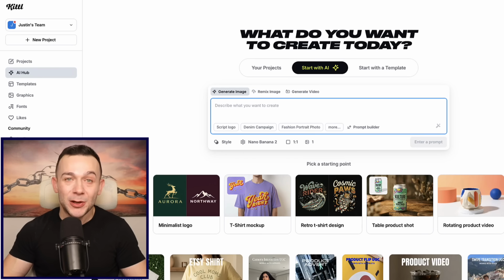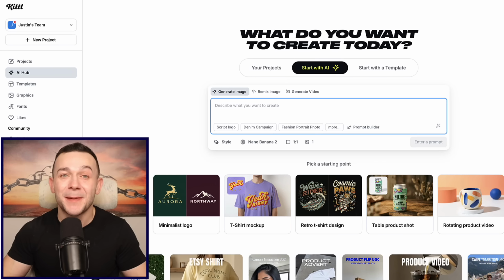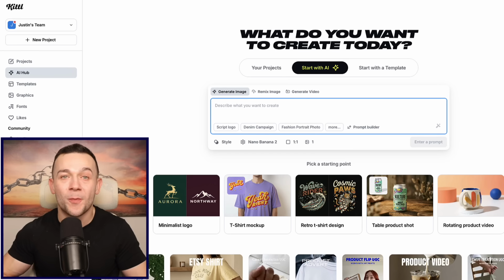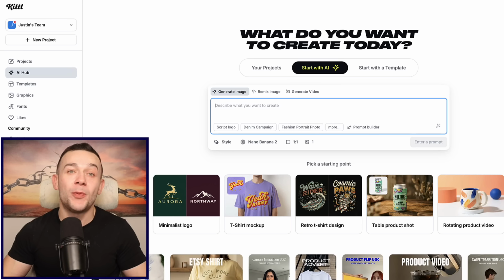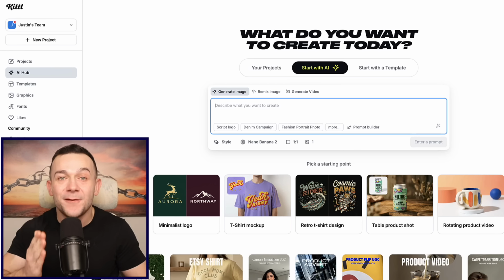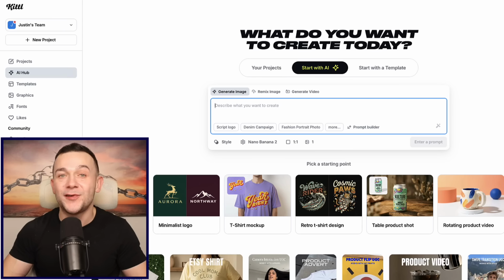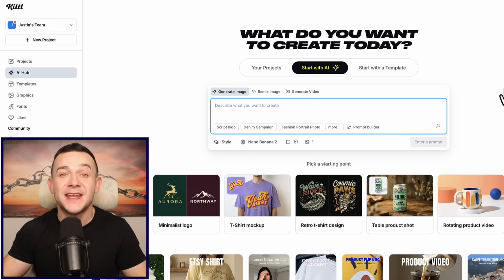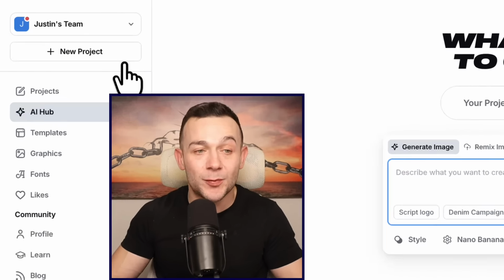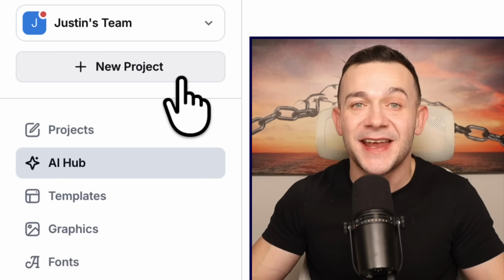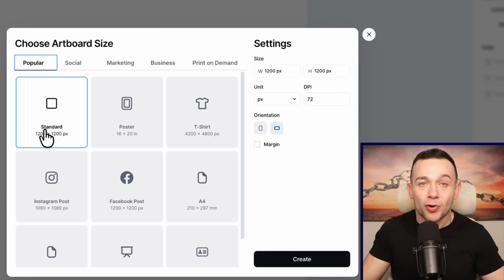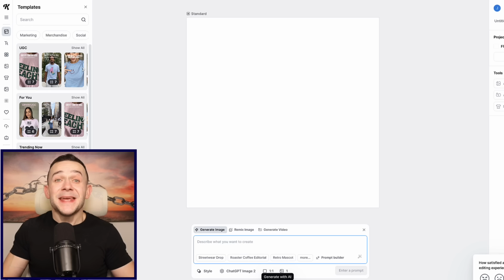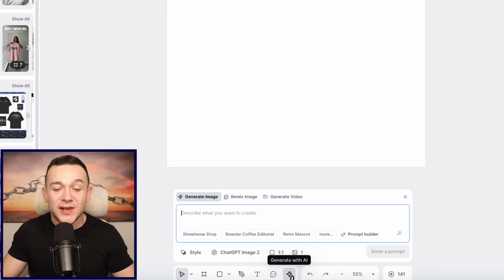And the tool that we're going to be using to create those highly engaging Pinterest video pins is an incredible AI-driven design platform, which is Kittle, which I'll leave a link to in the video description. When you click onto that link and you do create your free Kittle account, you simply want to click onto where it says New Project on the left-hand side here, and we'll start off with a standard project. Click onto where it says Create, and making sure I've clicked onto where it says Generate with AI at the bottom here,